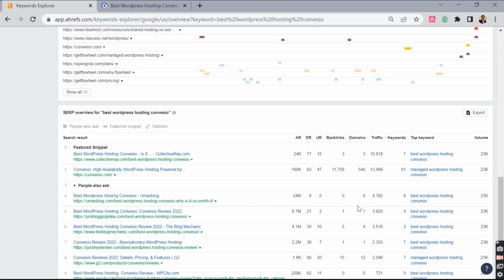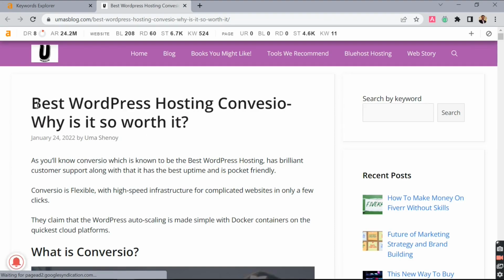And this page is ranking for 8 keywords and it's getting about 4,000 users every month. This is, of course, just an estimate. The first page is getting about 19,000 users every month. The second one about 13,500 users. It's Convisio itself. If we open this page, which has a domain ranking of 8, we can see that